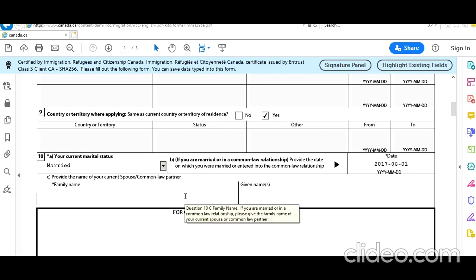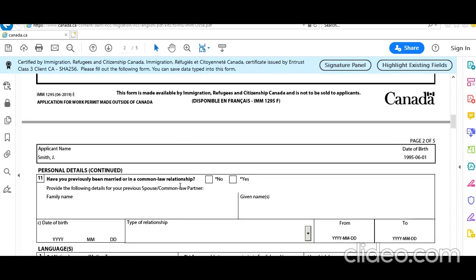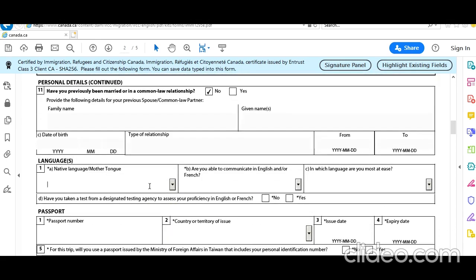Provide the name of your current spouse. Family name Smith. Let's say John's wife's name is Elizabeth. Have you previously married? No, this is his first marriage. Native language, mother tongue: let's say he's from India, so his native language is Hindi, for example. But there are many languages in India, as you know.